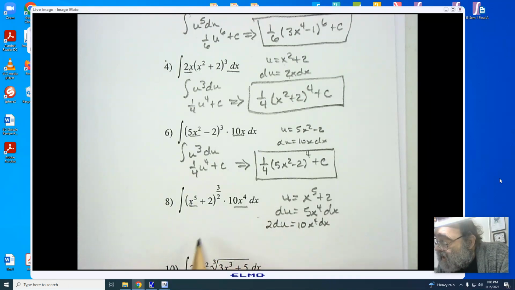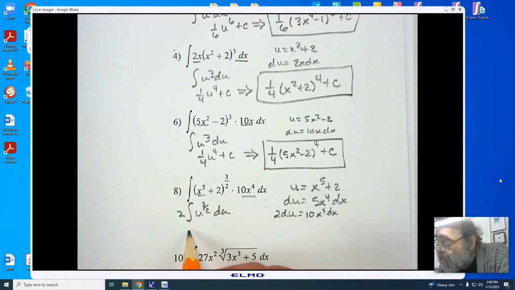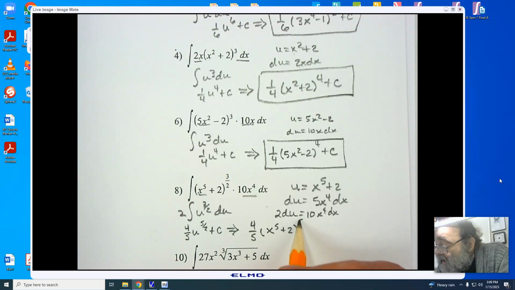And I can do that substitution, and I can then have u to the 3/2 power du. I just have to make sure that I put the 2 in front. Now when we go through, we end up having our 4/5 u to the 5/2 power plus c. We back substitute 4/5 x to the fifth plus 2, the quantity to the 5/2